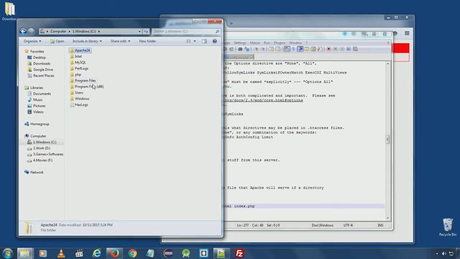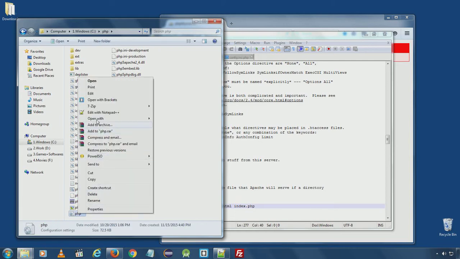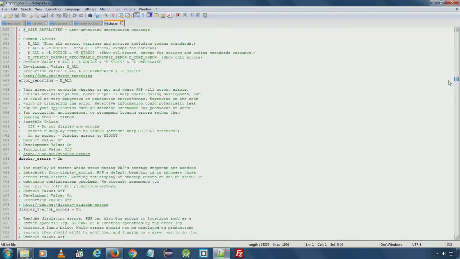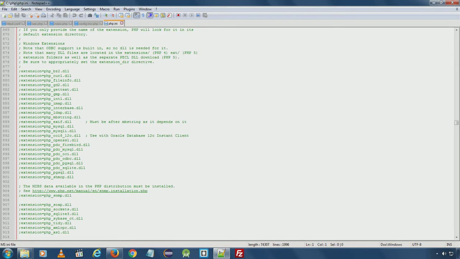To enable extensions you need to go to the PHP folder and open the php.ini file in Notepad, and here you will see extensions.